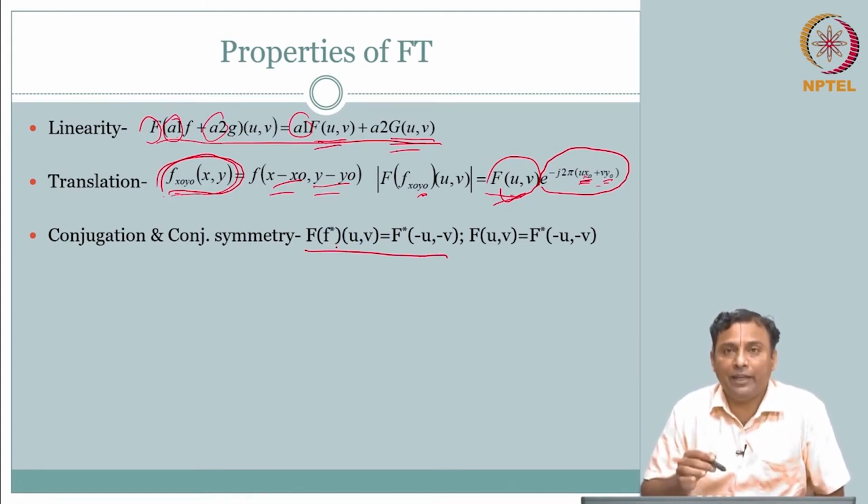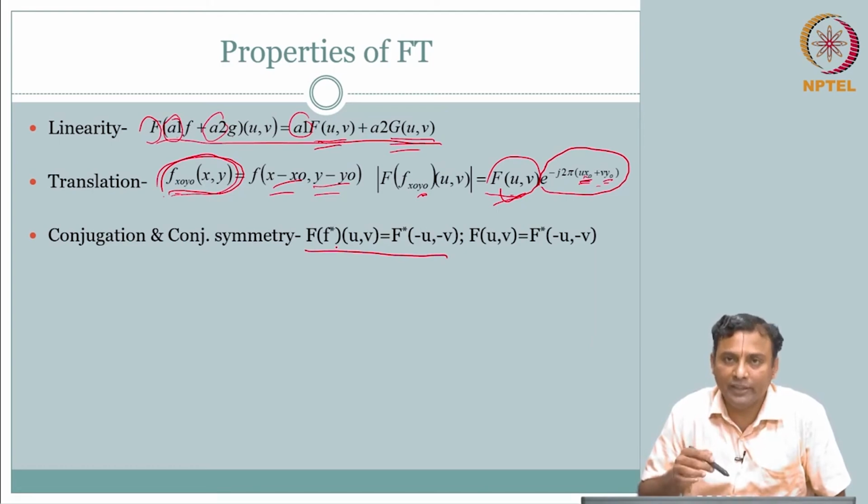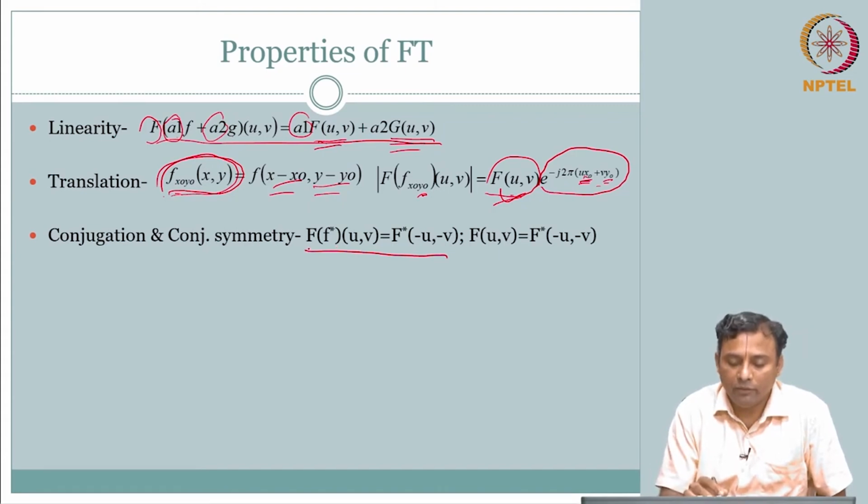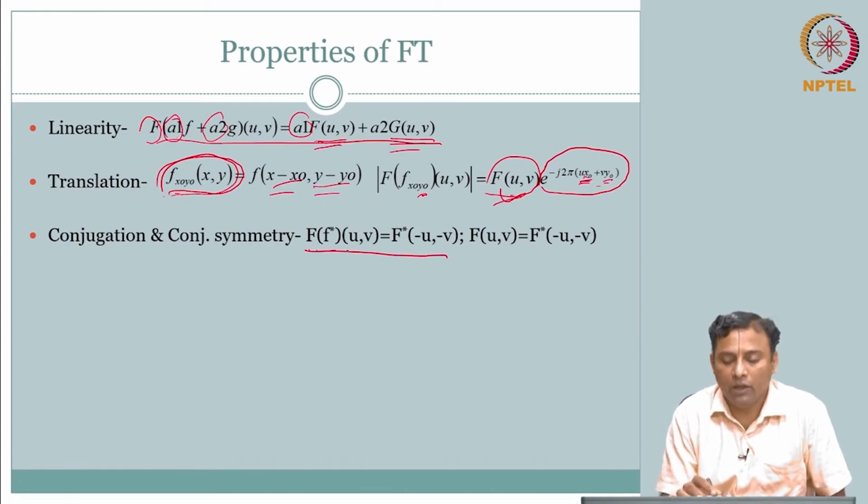If capital F of u comma v is the Fourier transform of a complex signal f of x comma y, for example, then the Fourier transform of f asterisk, which is your complex conjugate,